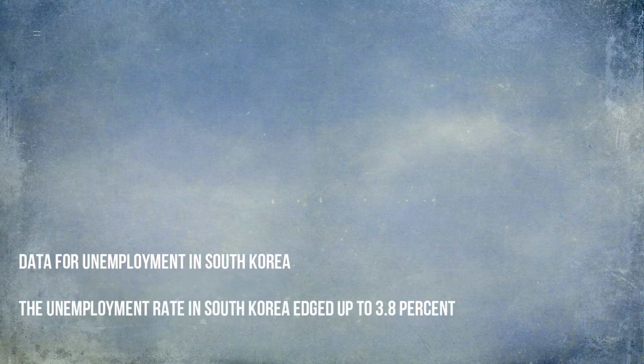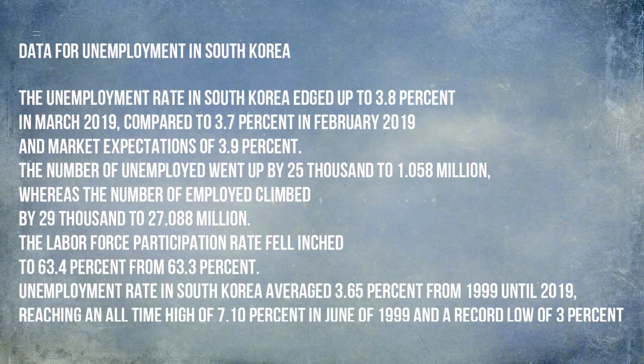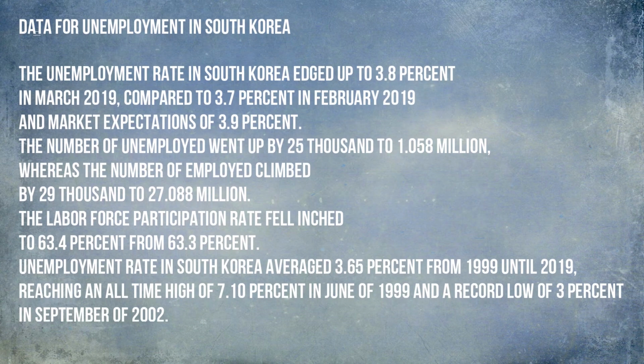Data for unemployment in South Korea. The unemployment rate in South Korea edged up to 3.8% in March 2019, compared to 3.7% in February 2019, and market expectations of 3.9%. The number of unemployed went up by 25,000 to 1.058 million, whereas the number of employed climbed by 29,000 to